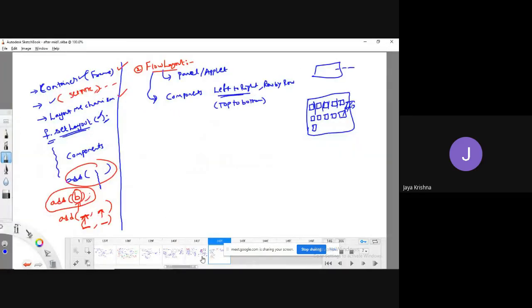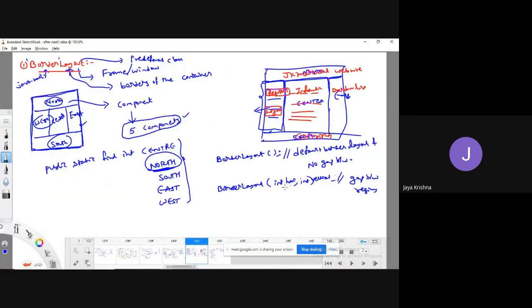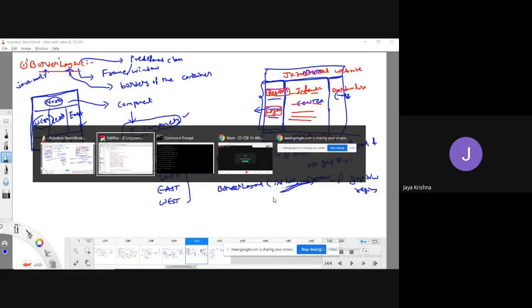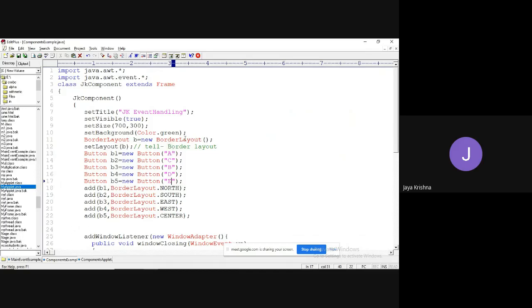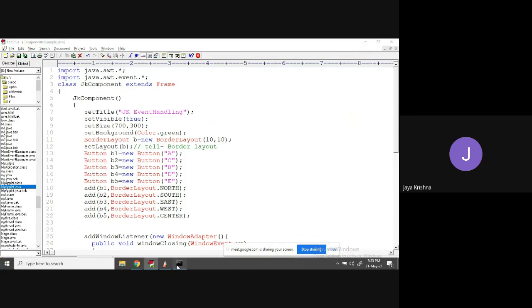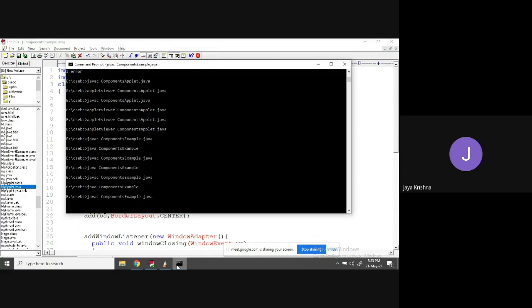In the previous explanation, I gave a constructor where I can show the gap between the regions, but I didn't show it in the example. See, border layout, comma here. I would like to give, okay, make big size, 10 comma 10, horizontal, vertical. I need to make the gap of 10, 10. Observe, you will get a gap.